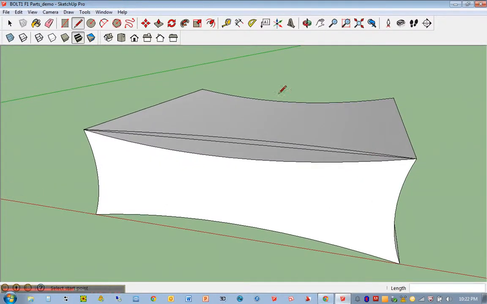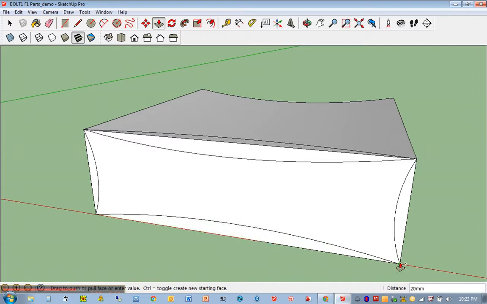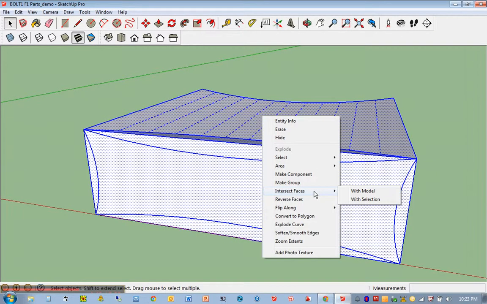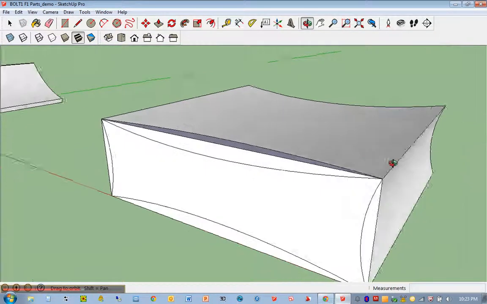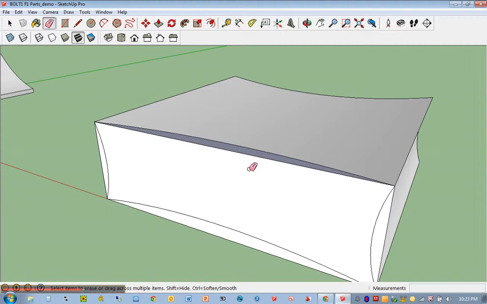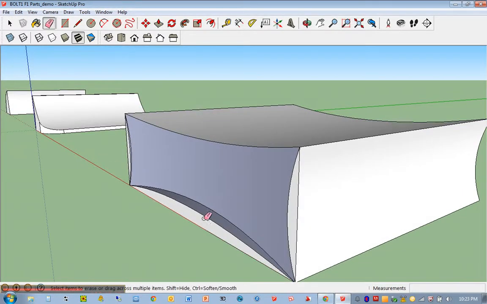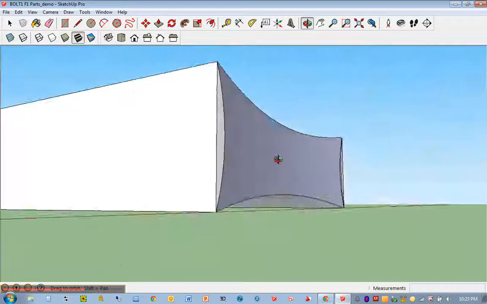So I'm going to hit P for push-pull, hit my Ctrl key, and click once. I'm going to come down and touch this corner right here. And I'm going to hit my space bar and triple click, click, click, click. As you recall from before, right click, intersect faces with model. Now I'm going to hit E for erase, and like before, as I start erasing some of this geometry, you're going to start to see that looks more